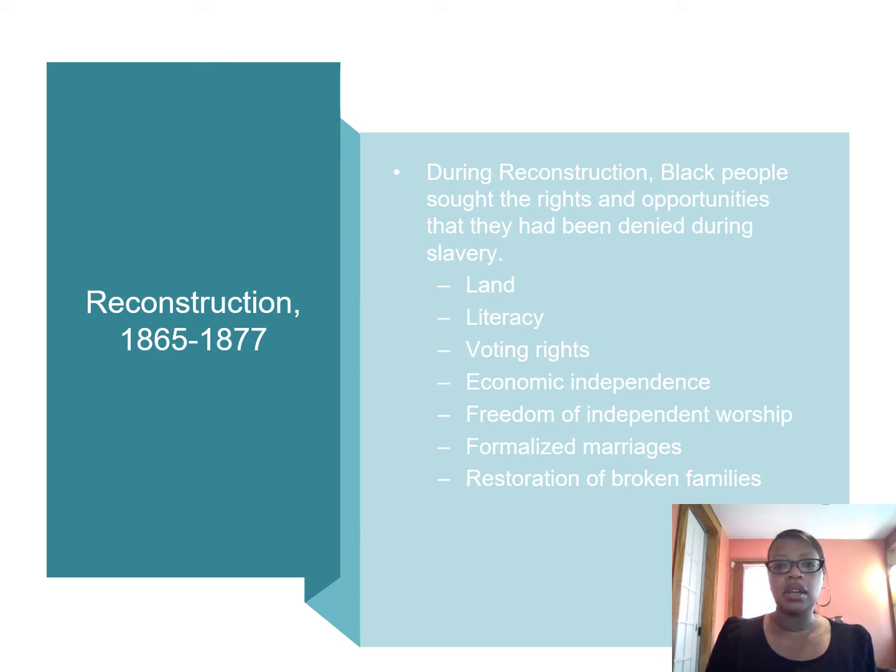Also, Black people eagerly sought to restore their broken families. I discussed in the last video for Chapter 2 about the Second Middle Passage and how African Americans living in the Upper South were sold to the Lower South. Well, that was one way in which Black families were separated, but also throughout the South, masters indiscriminately sold children away from their parents, spouses away from each other, etc. And so African Americans eagerly, as soon as they became free, sought out their lost family members.